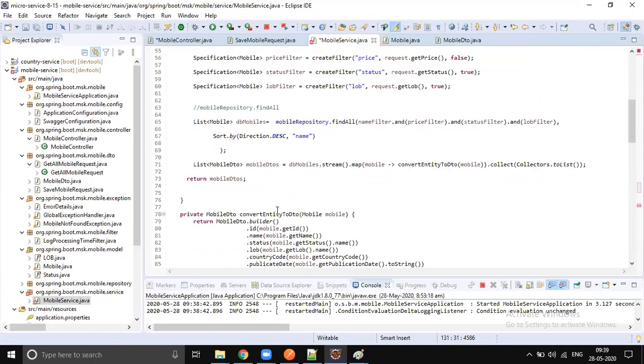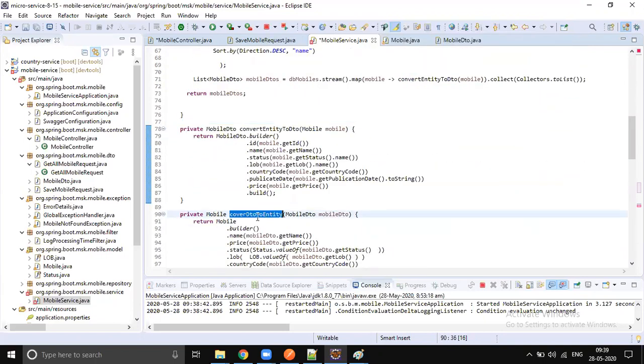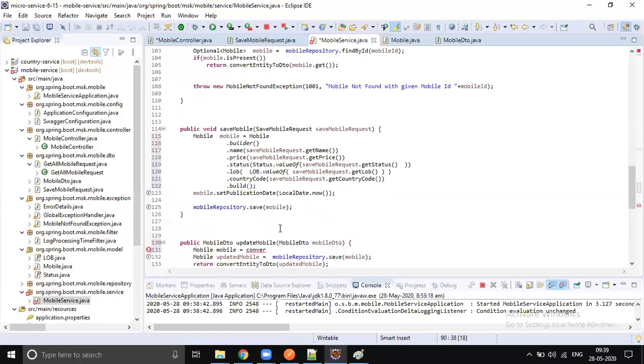Where is that method? Convert entity. You have covered, you have written as cover. Convert DTO to entity. Let's call this method. Okay, so now we have a clear